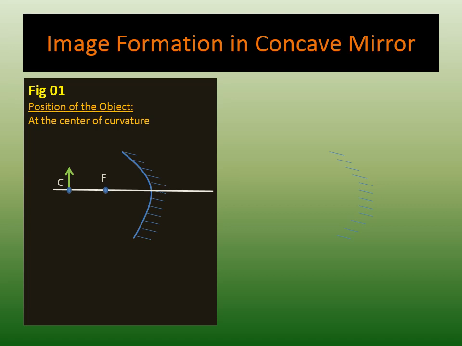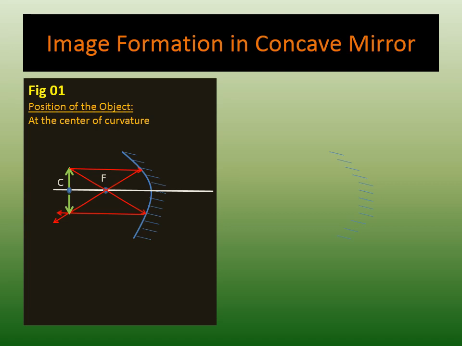So this is the object. This is the straight object, and there is a ray from the head or top of the object which is parallel to the principal axis, and it will reflect through the focus or the principal focus. We have to consider another ray from the head or top through the focus, and it will reflect just parallel to the principal axis like this. And there is the